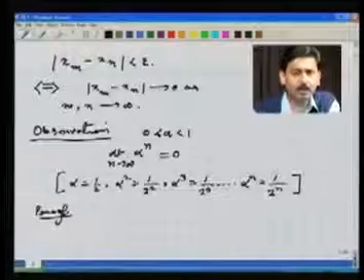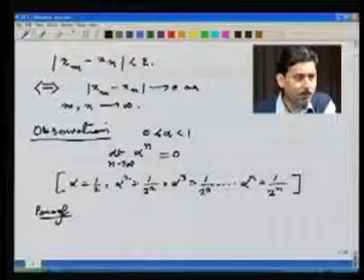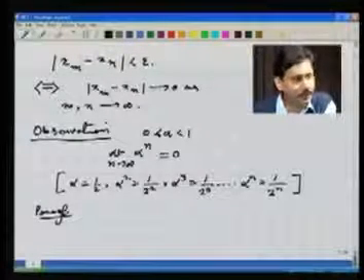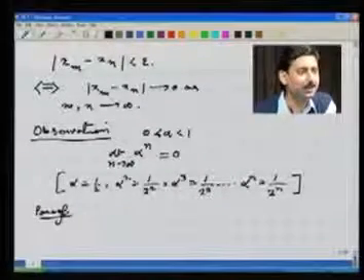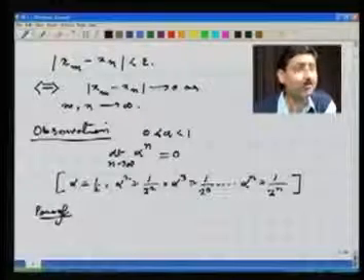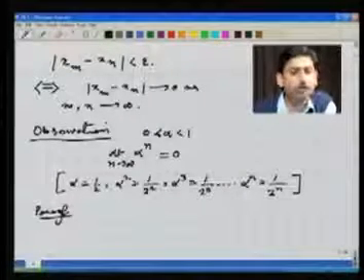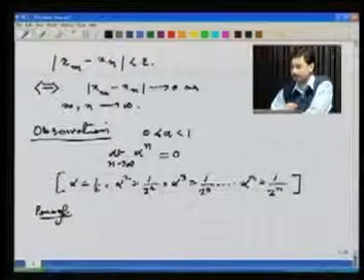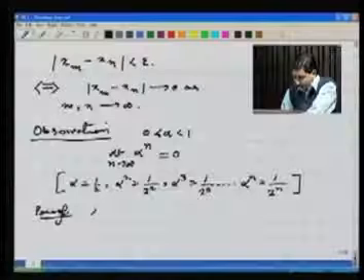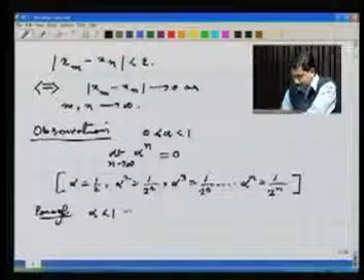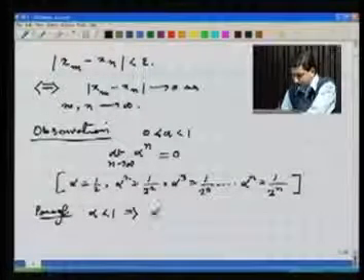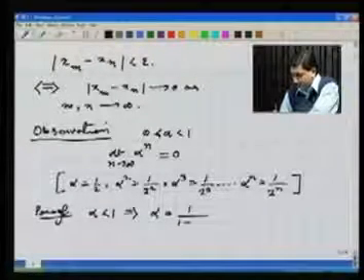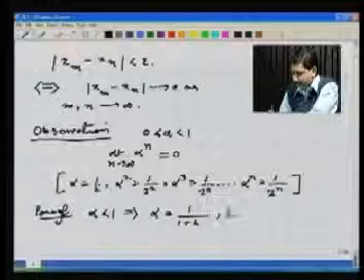So this is just an observation which helped me in guessing what should be the limit. This is a fundamental lesson in sequences. Once you can guess what exactly the limit of a sequence is going to be, then it becomes possible to show that that actually is the limit. But the most difficult job is to guess the limit first. In this case we could, with some example, and now I try to justify that my guess is correct. Well, since alpha is less than 1, alpha must be looking like some 1 by 1 plus h, where h is bigger than 0.